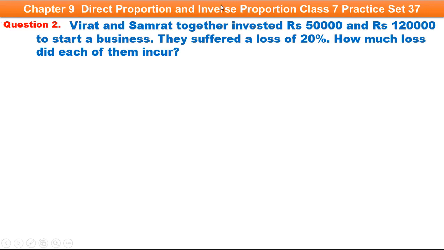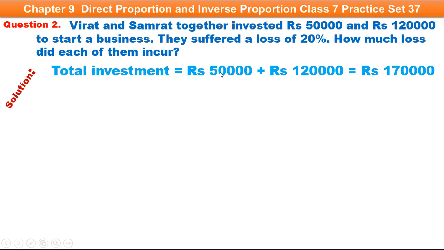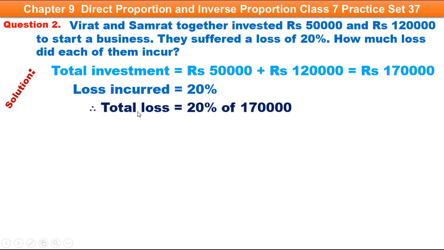Question second. Virat and Samrat together invested rupees 50,000 and rupees 1,20,000 to start a business. They suffered a loss of 20%. How much loss did each of them incur? Solution. Total investment is equal to 50,000 plus 1,20,000 is equal to 1,70,000. Loss incurred is equal to 20%. The total loss is equal to 20% of 1,70,000 is equal to 20 upon 100 into 1,70,000 is equal to